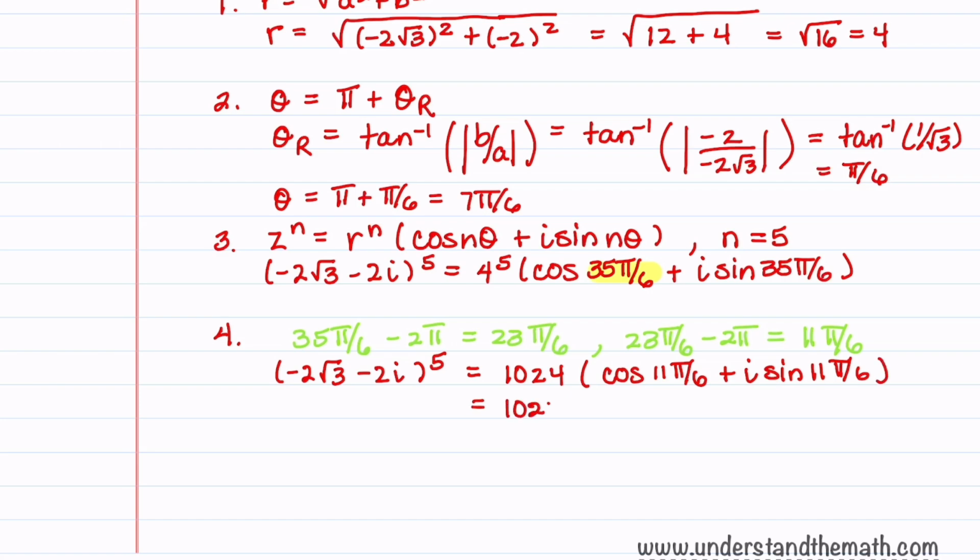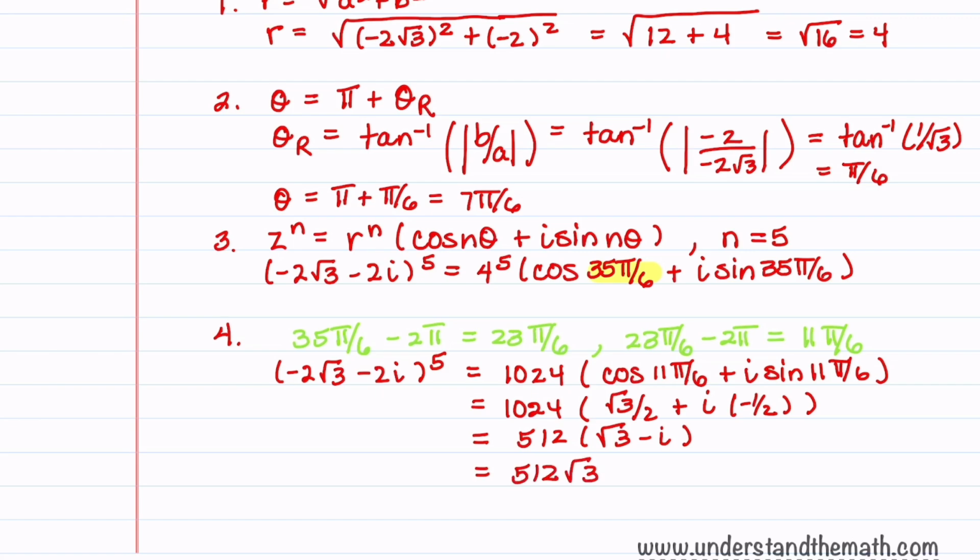This is 1024. 11 pi over 6 is in quadrant 4, and the reference angle is pi over 6. So cosine 11 pi over 6 is root 3 over 2, plus i sine 11 pi over 6. It's going to be negative, and we get a minus 1/2. 2 goes into 1024, 512. So we get 512 times root 3 minus i. So our final answer is 512 root 3 minus